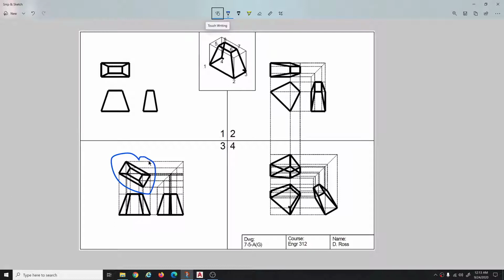Now once again, the theory here is that as you rotate this top view, the height of both of these views stays the same, but the width of this view is going to change, and the width of this view is going to change. So we'll do that, but we can take these horizontal lines and bring them down here, and then we have to construct a brand new set of projection lines for the other two views. So we'll do that. Then the fourth thing I want you to do is start with this view